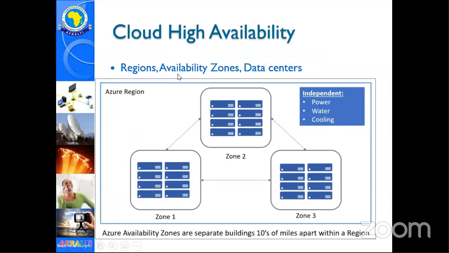Now, when you talk of availability zones, regions, and data centers in a graphical format, we might have a Microsoft Azure region or an AWS region. The setup is the same, as you'll see. And within this region, let's say the entire rectangle is Johannesburg, Africa North. Maybe on one side of Johannesburg, there is a data center where they have zone 1. And on the other side of Johannesburg, another data center, and so on and so forth.